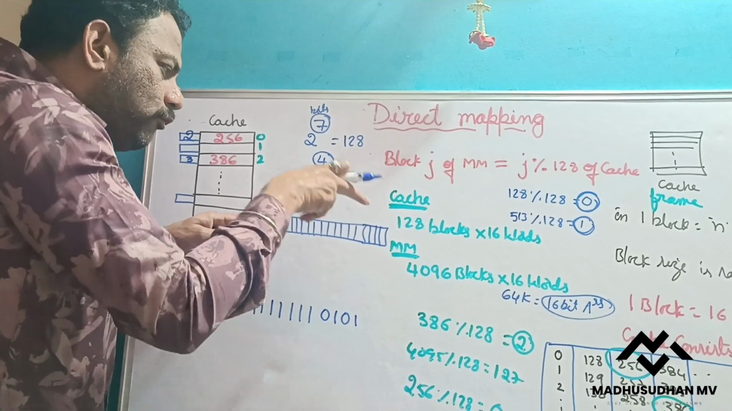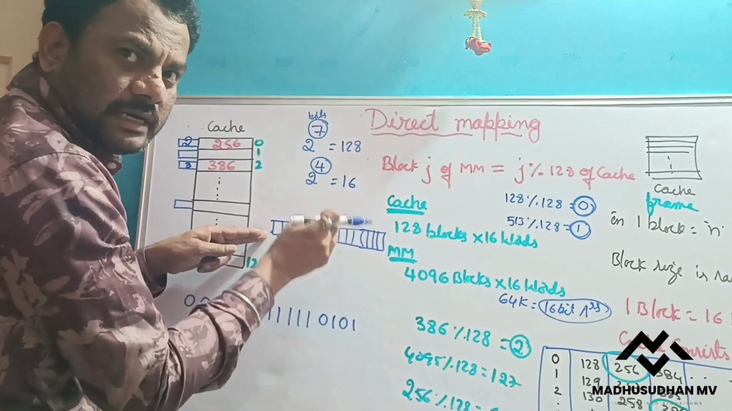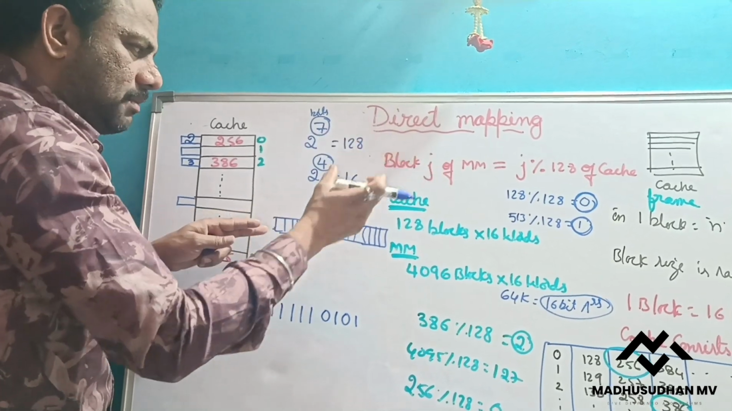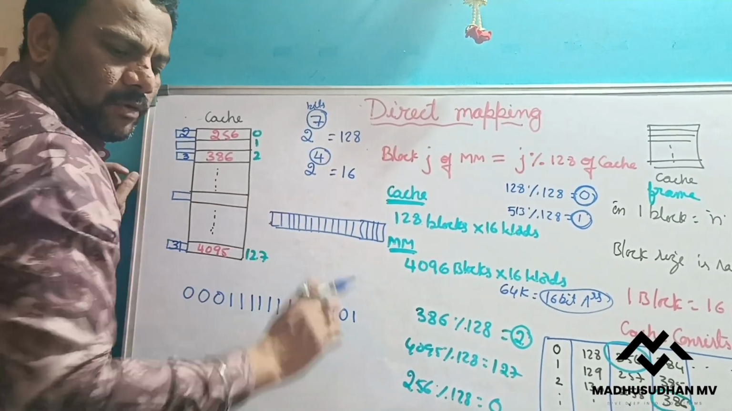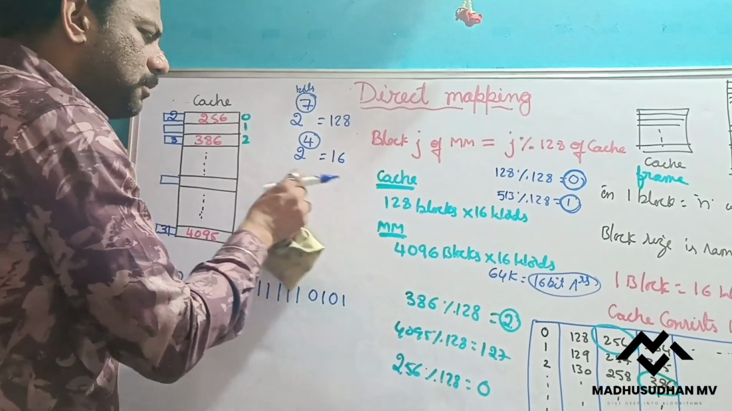So to find out within the block, out of 16 words, which word contains our sentence or statement, I need 4 bits. Okay, I need 4 bits for that. Now, each block, see,